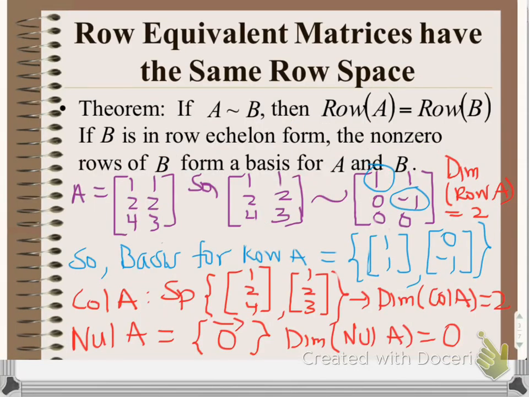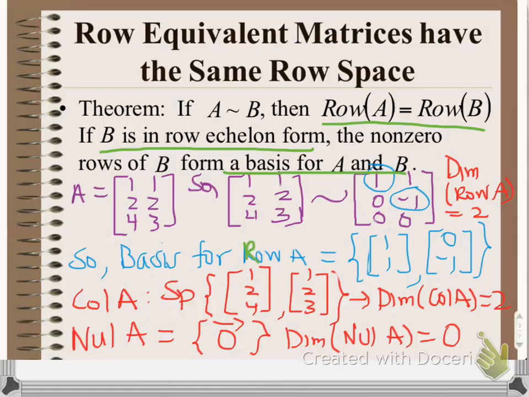Okay, so we have a nice property with row equivalent matrices. They have the same row space, which is nice. So the theorem says if A is equivalent to B, then the row space of A equals the row space of B. And if B is in row echelon form, REF, the non-zero rows of B form a basis for the row space of A and B. Okay, so if we wanted to find a basis for the row space of A,